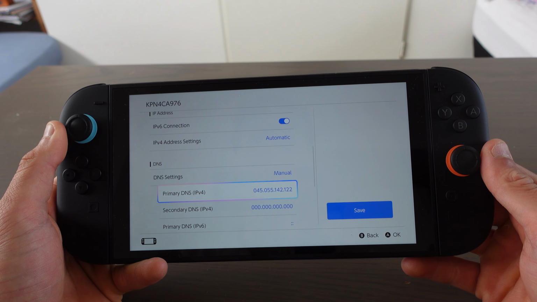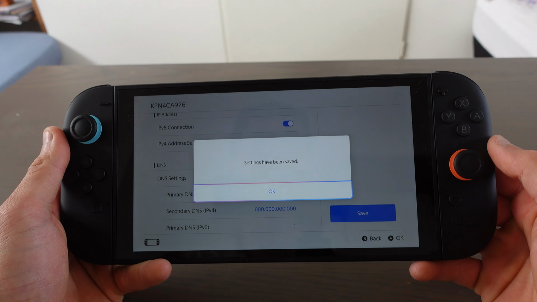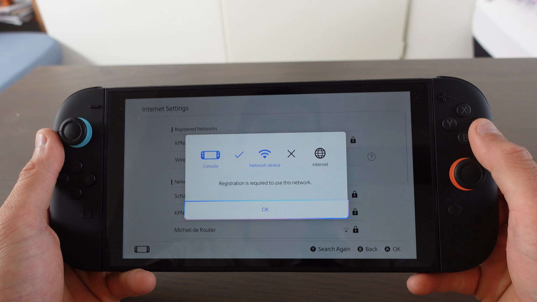045.055.142.122. Now when you've done that, click on save, connect. And now it is gonna say that it is not gonna work. Yes, but that is totally fine, guys. So if you just click on OK,